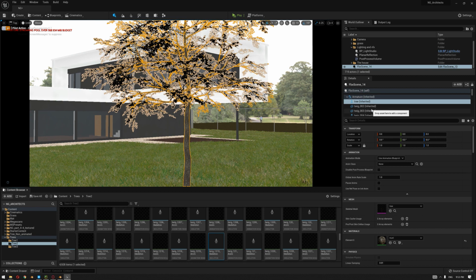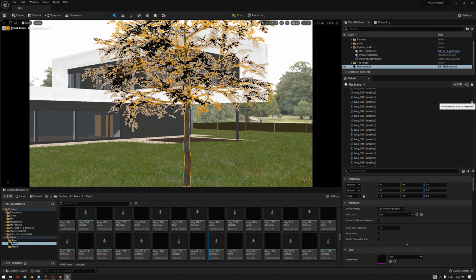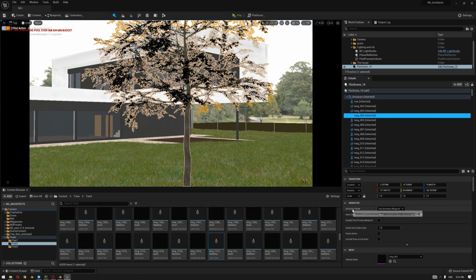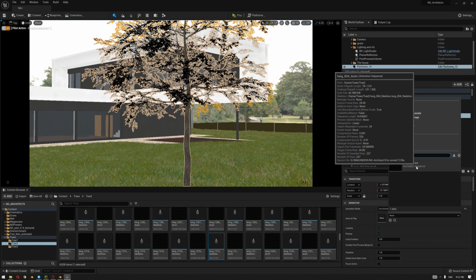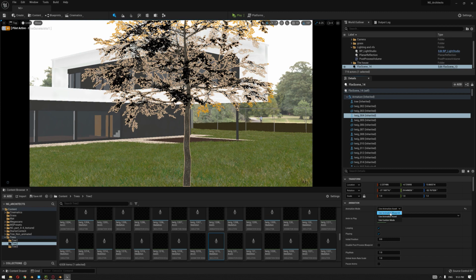Now the problem right now is, if you look at the number of the skeletal meshes, there are more than 1000 actually. Going to each skeletal mesh inside the animation mode and setting up each one of them to use an animation asset and call the animation of that skeletal mesh will take hours to fix. So we had to find another way to do that, because currently this is impossible to work with. And the only way to solve this was using Python code.